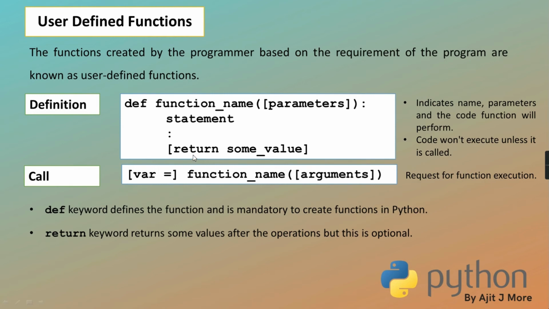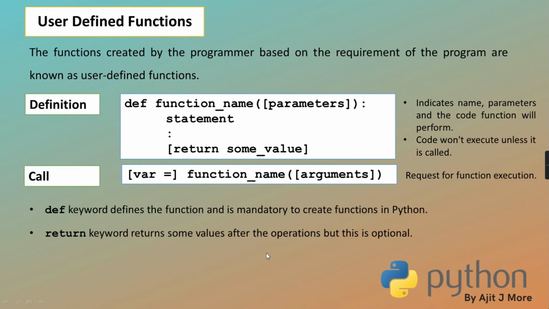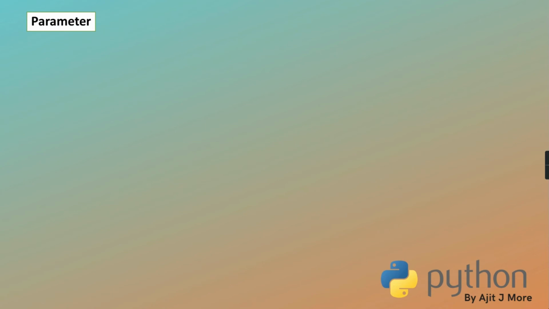So after performing the task, it will bring the control back, and this value, whatever it is returning, is copied in this variable. It returns some value and it is optional. Every function should have a return statement is not mandatory. So hope till here it is clear, guys. Then we can see some examples, then a lot of many things to learn.